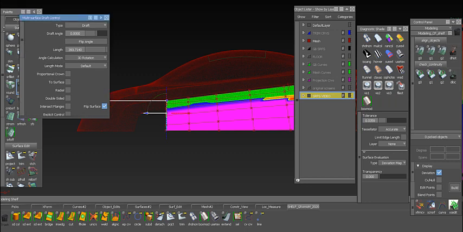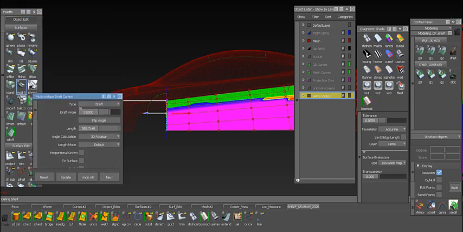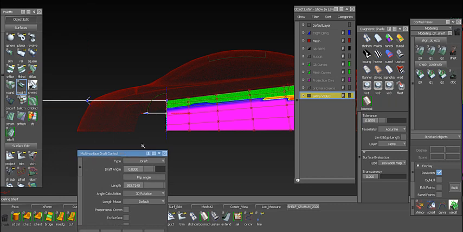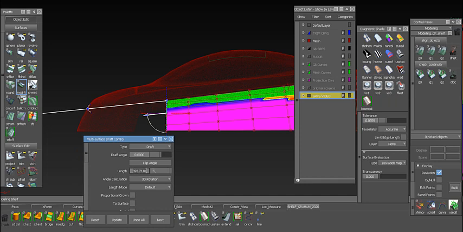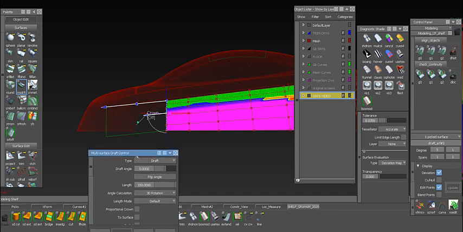Okay, it's going to build in that direction, and it's going to build at that angle. We want to bring that down actually to the same angle as the attitude of the body side. Length, I'm going to say 150, just take a guess for the moment, it's not very important. And I'm going to build over here. Okay, and there's the surface, and I can probably just shorten it